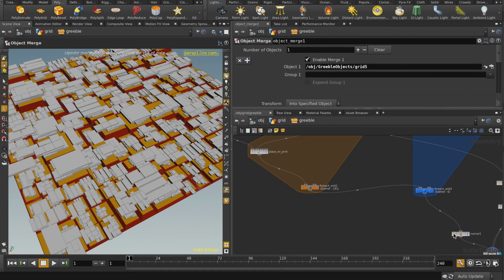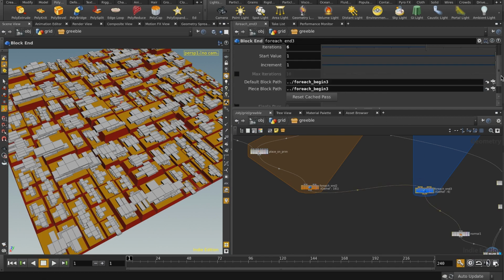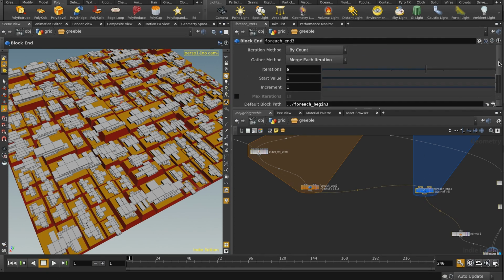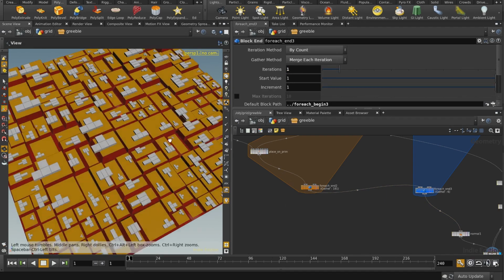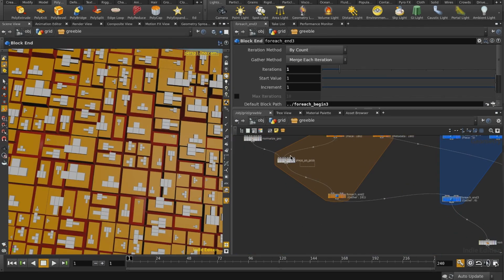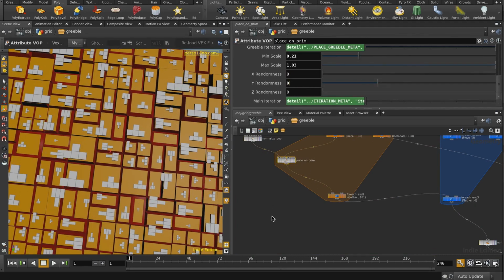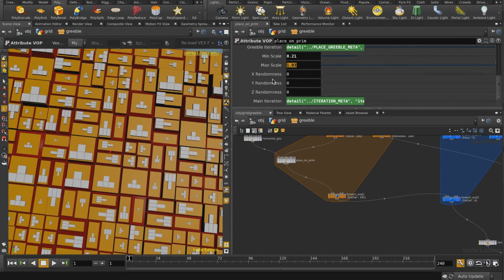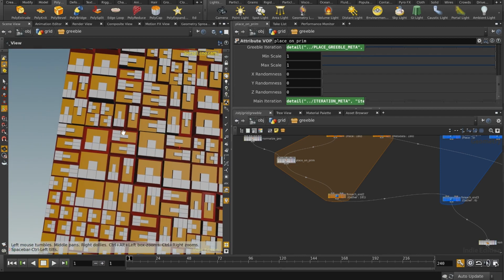And I can put this back to auto update. Just wait a quick second. There we go. And I'm just going to put this back down to one iteration here. Going back here, let's turn off our randomness. And I'm just going to keep our scale here set at 1. Okay, so